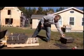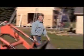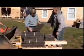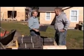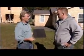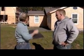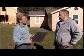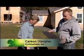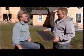Helping me tackle that challenge is product developer Carson Warner. Carson, I saw this roofing material at a trade show, and I learned that it was 95% recycled material. It lasts 60, 70, 80 years, something like that, longer than I'm going to last. And it looks good. So I bought it. I put it on the house, and I liked it so much I'm going to put it on the barn too. What's in it? What you're looking at here, Steve, is a composition of recycled wood fibers, recycled rubber from